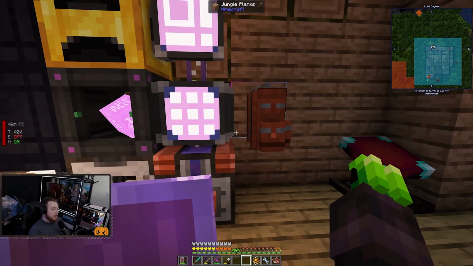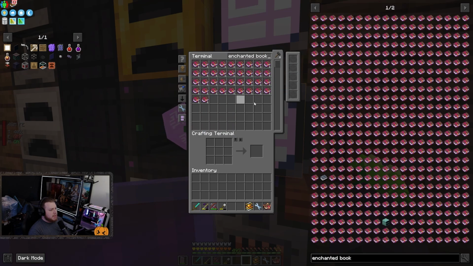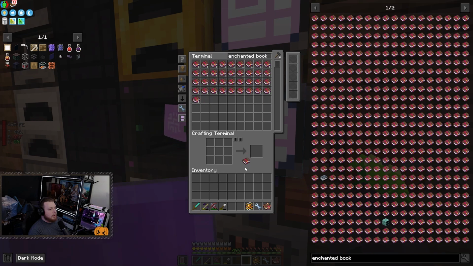I maybe should have put mending on the pickaxe, but we'll get there eventually. Let's see what other enchanted books we got. Reactive Piercing Protection 5. So this is all stuff we can throw on the armor. What I'm most interested in is those fortune books to put them on our